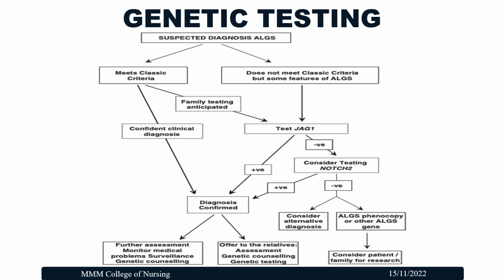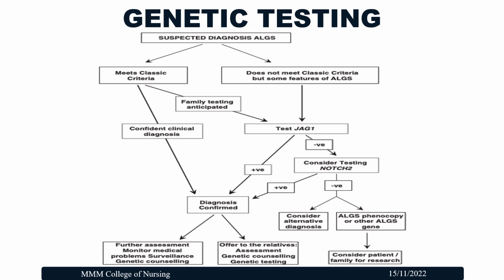In case the patient does not meet the classic criteria but has some features of Alagille syndrome, then again family testing can be anticipated and there is a need to test for JAG1. If negative, consider testing for NOTCH2. Again, if negative, consider an alternative diagnosis, or Alagille syndrome phenocopy, or another Alagille syndrome gene,